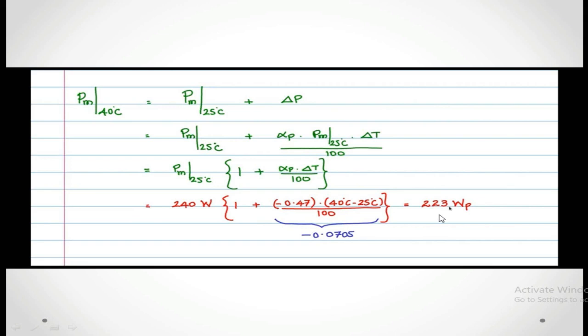That means there are three things to remember. ISC increases with increasing temperature, that is ISC is directly proportional to temperature. And VOC and maximum power, which is the product of VOC and ISC, have a negative temperature coefficient. That means they are going to decrease with increasing temperature, that is they are inversely proportional. So these three things are to be remembered. This is about today's class. In the next class we are going to discuss fill factor. Okay, thank you.